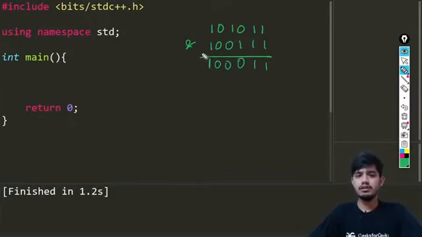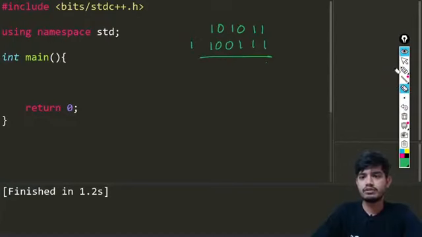This is to give an example of what the AND operation is doing. Now if we have OR in place of AND, let's see what the values will be. If you take a bitwise OR operator, then 1 or 1 will be 1, this will be 1, this will be 1, 0, and this will be 1.